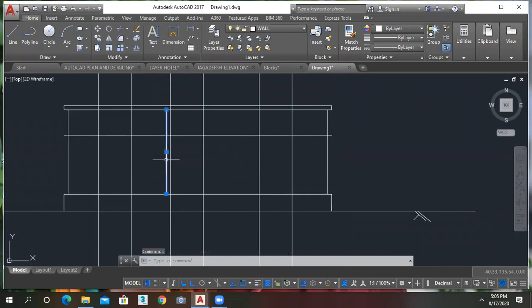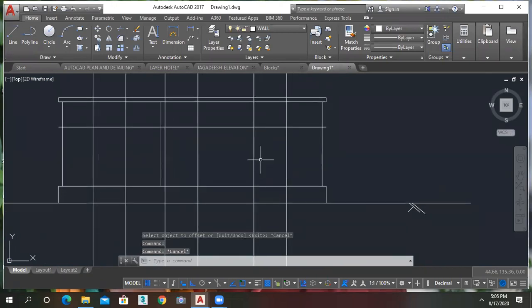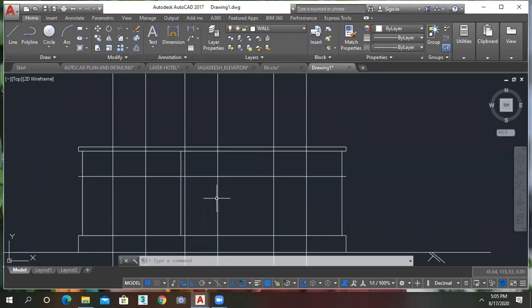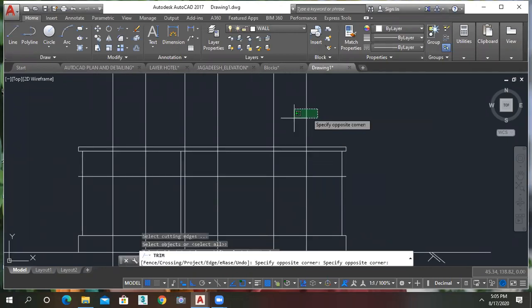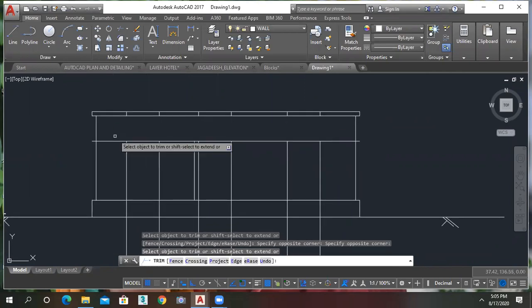Just delete this. Okay. So here I have to keep the window elevation and door elevation. Before that, you just delete the unwanted portion like this.